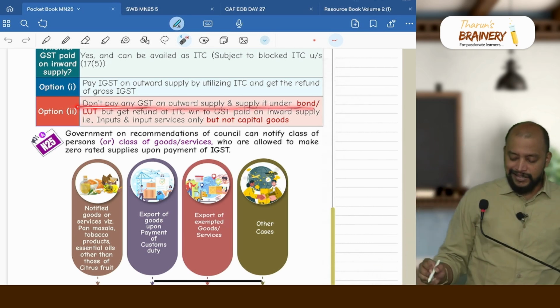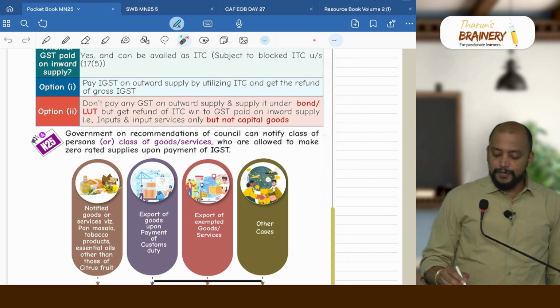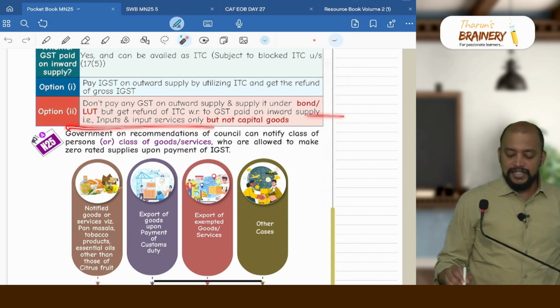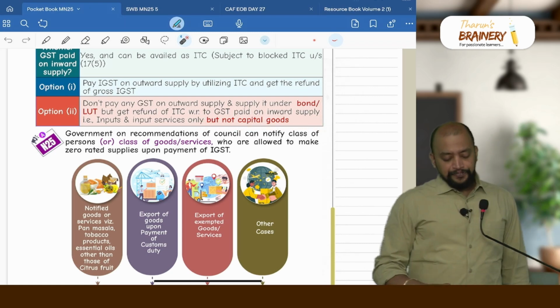So don't pay any GST on outward supply and supply it under bond or LUT, but get refund of ITC with respect to GST paid on inward supply, that is inputs and input service only, but not capital goods. Then